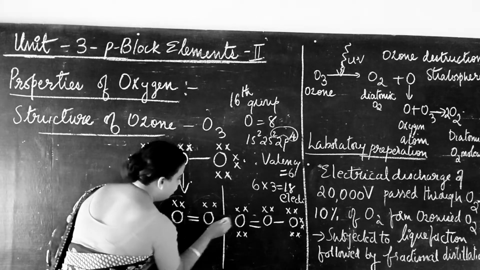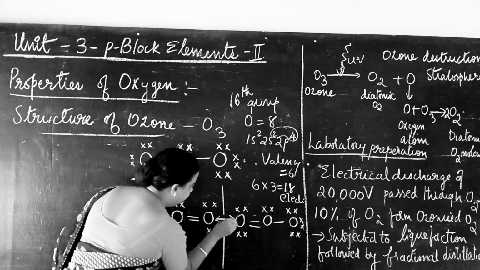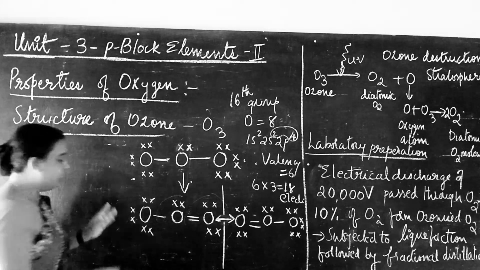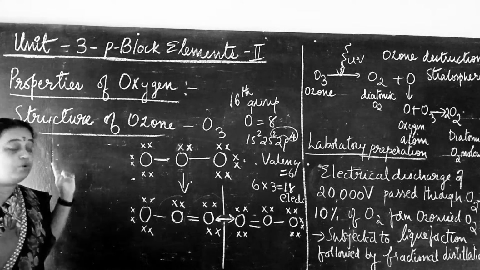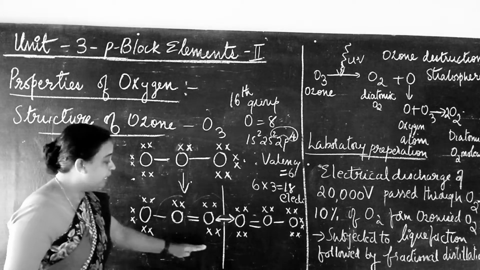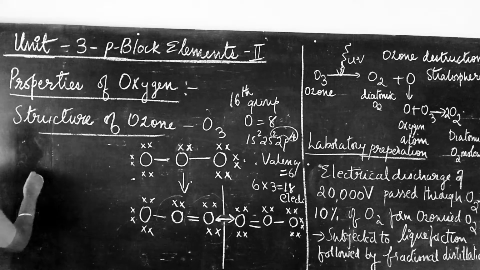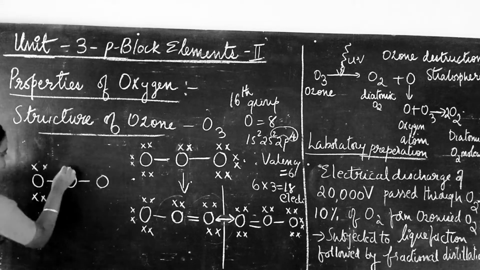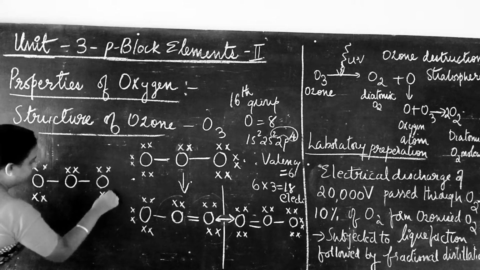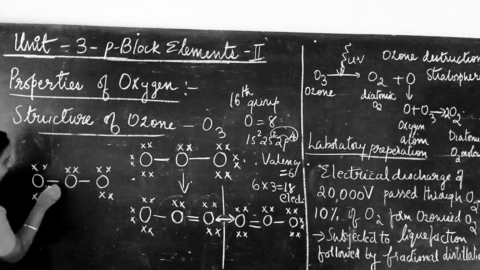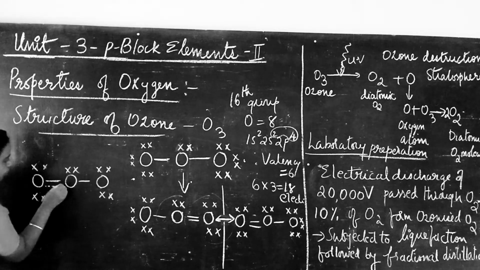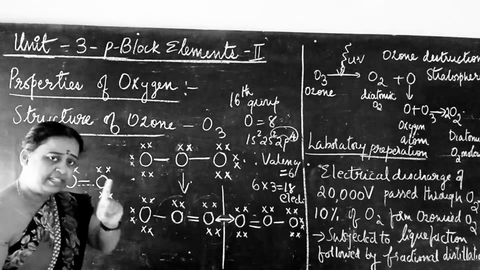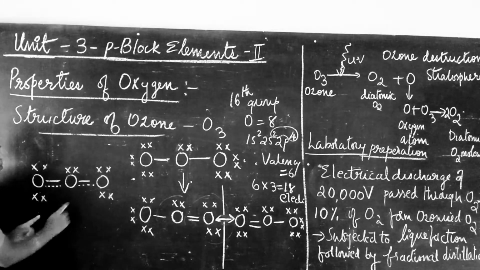Okay. So for the resonance structure, we always indicate with a double-headed arrow. So this is the resonance structure. Got it? So this is the way to write the resonance structure for ozone. Okay. Now this resonance structure can also be written like this. So I put a dotted bond here. Yes, a dotted bond. Even here also a dotted bond. So these two resonance structures combined give a single resonance hybrid. So this is the resonance hybrid of ozone.